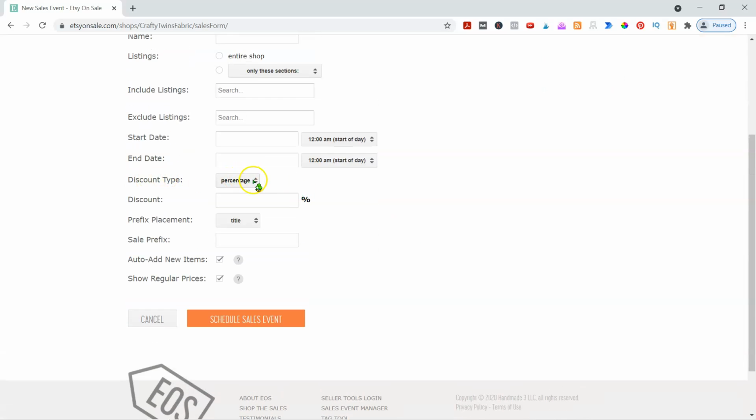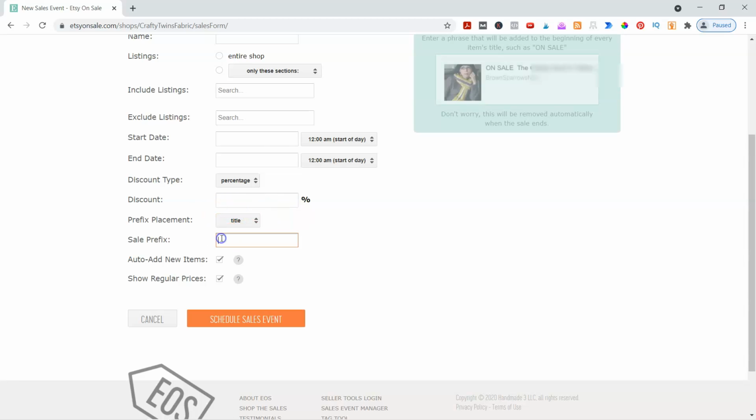They have a percentage, you can take a percentage or an amount, whichever one. And I usually do percentage, but again, it just depends on what you want to do. If you're like, hey, I only have $15 built into everything and I only want to do a $2 off, then you can do that, right? And then prefix placement, this is where it's going to be in the title or the description. You can pick one or the other, right? And you might want to test this on different sales, but in the title, and you could pick here, and they have one that they even suggest, on sale here, right? So you could do sale